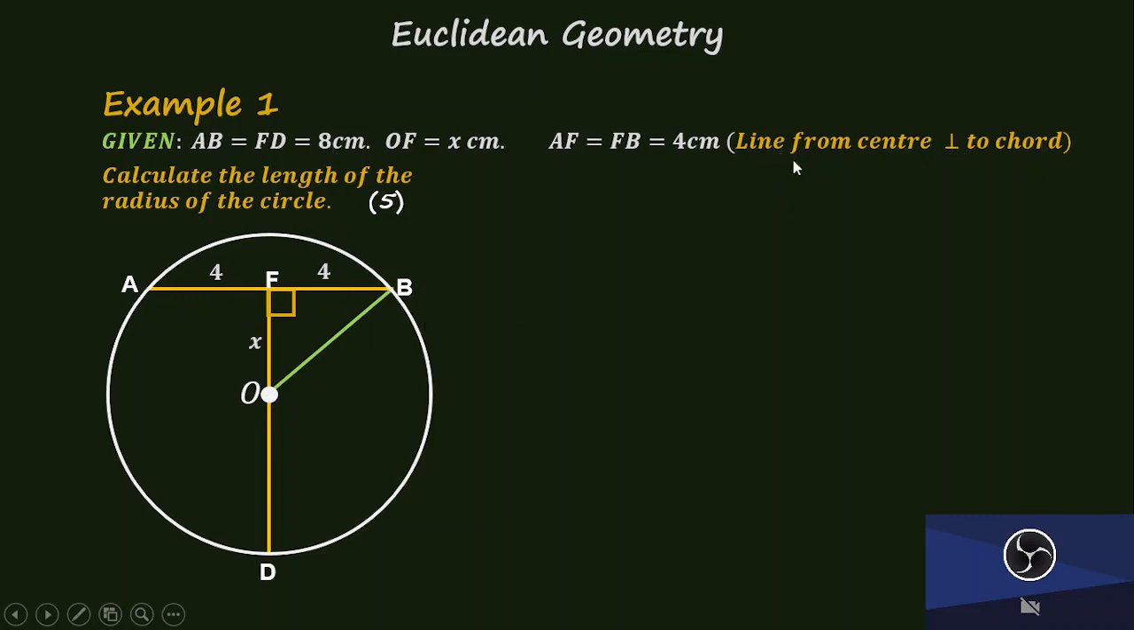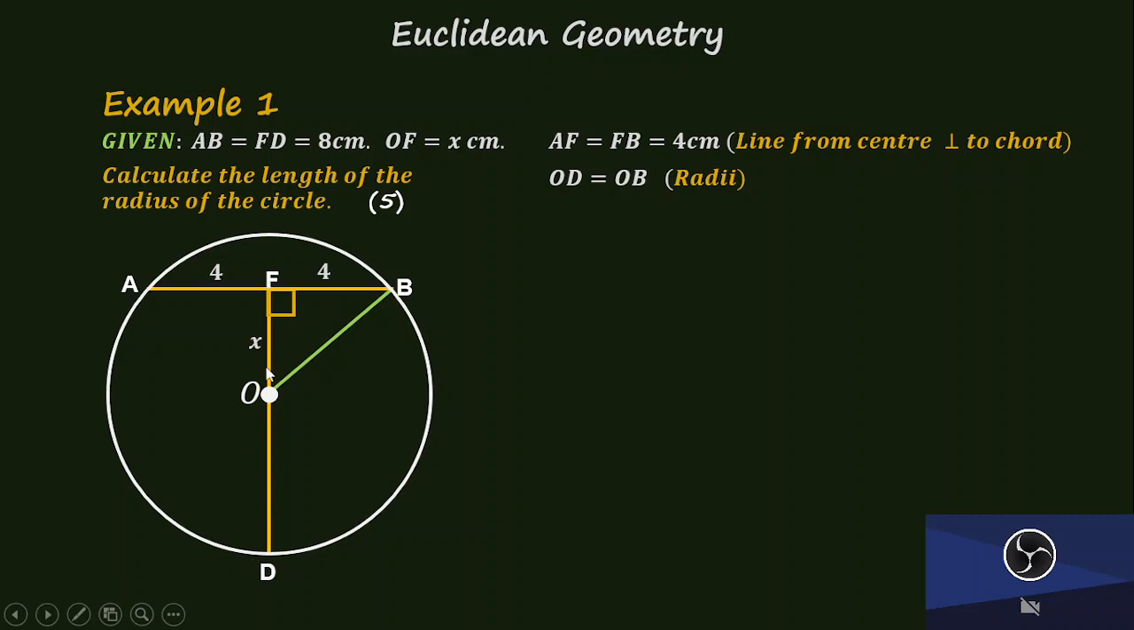This is the reason. There isn't a line from the center perpendicular to the chord, so you need to know to show which theorem you use to arrive at this particular point. Now we know that the radii of a circle are equal, therefore OD and OB should be equal in length, right? Now, how can we express the length of